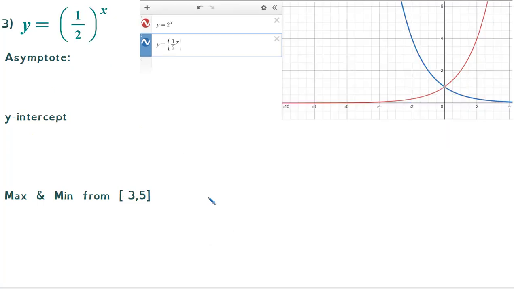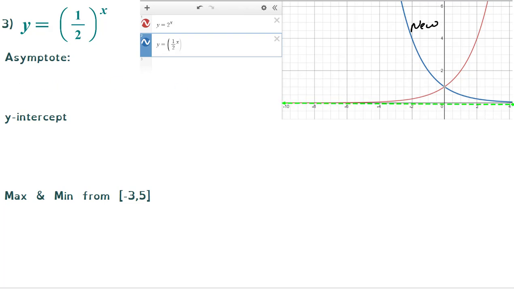Now we're going to go into a decay. So this red graph is the original graph we were looking at, so you can kind of see how it compares to it. So it's falling instead of rising. The blue graph is the new one. That is what this problem is. So when you have 1/2 to the x, it's a decay. Your asymptote, though, is still at the same location,